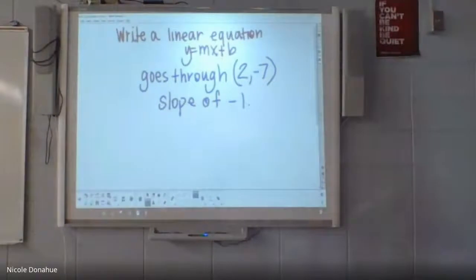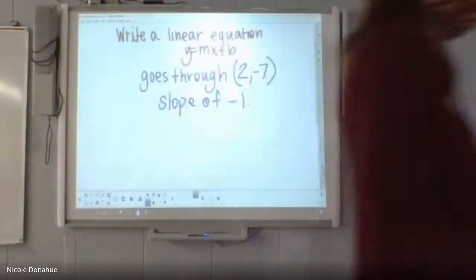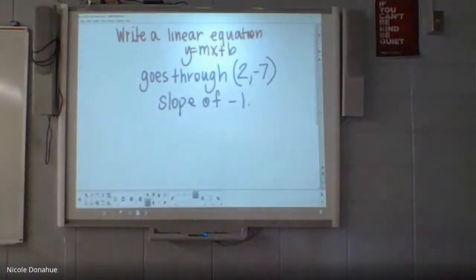I think your b is wrong. Now once you have that, you have to put it back in. Guys, if I can see your work, it helps me to help you find your mistake. You might have flipped the x and y. x is 2, y is -7.